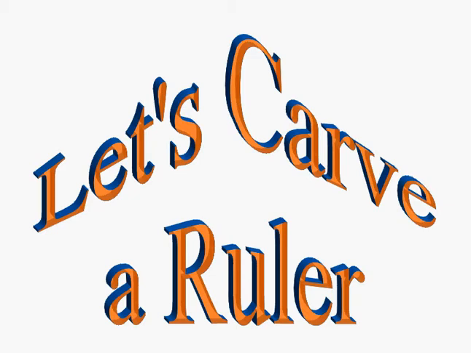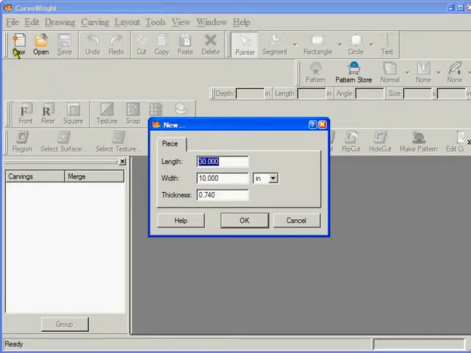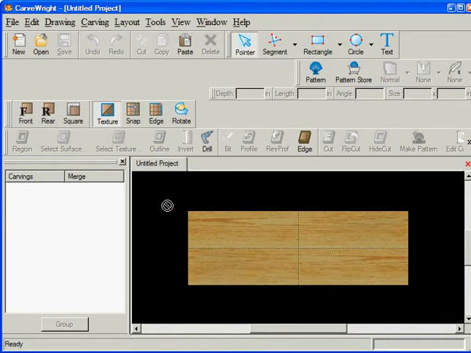I'll be right back when I pull up Designer. Okay, I'm going to start with a piece of wood in Design that is 30 inches long, 10 inches high or wide, and that's going to be the basis of what we do. For right now, I'm going to get rid of this carving list,